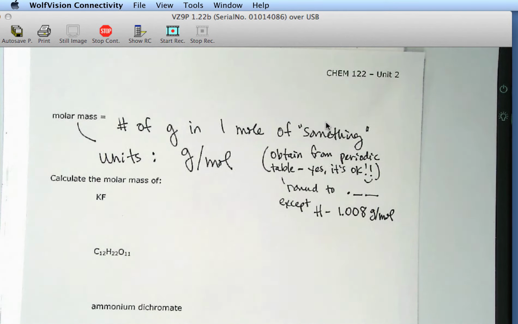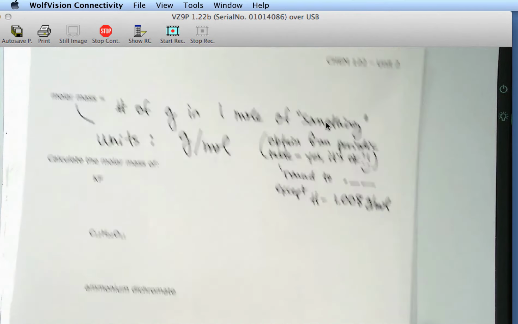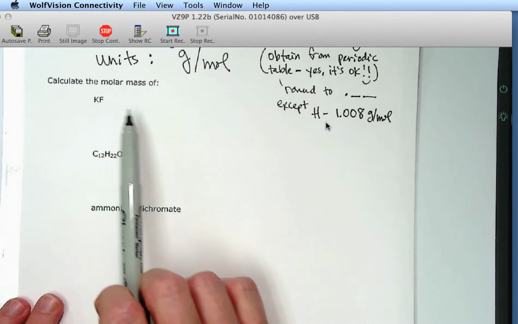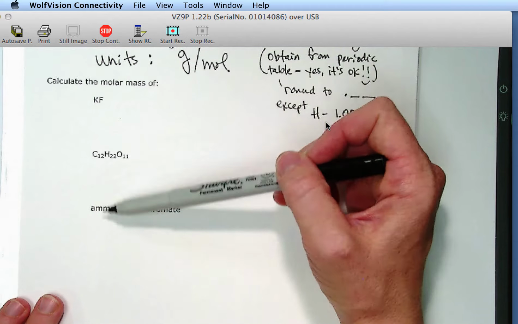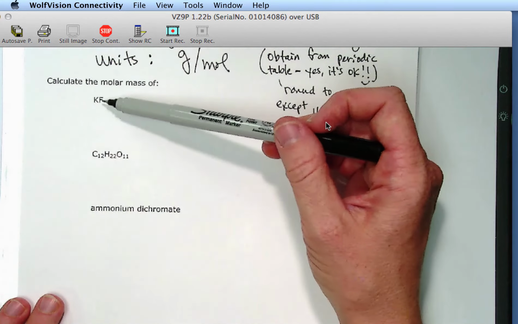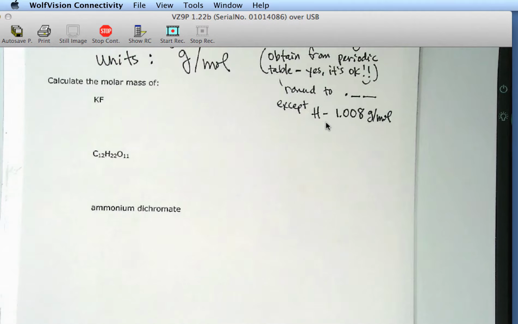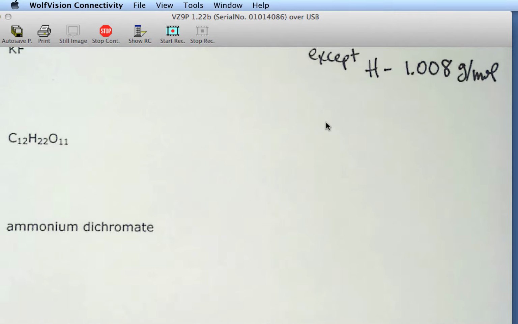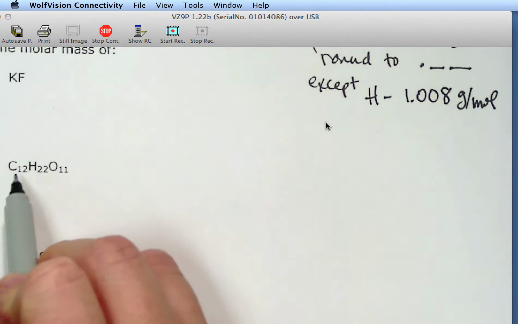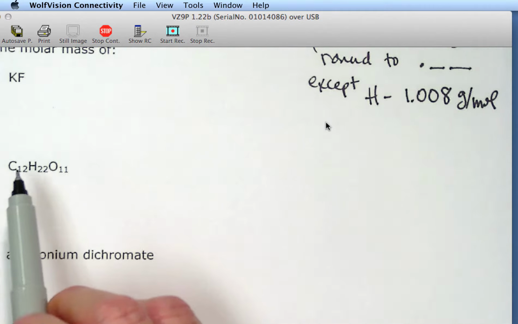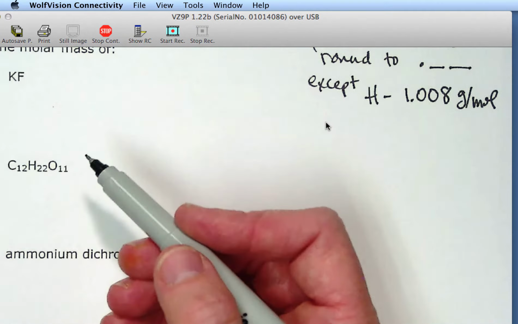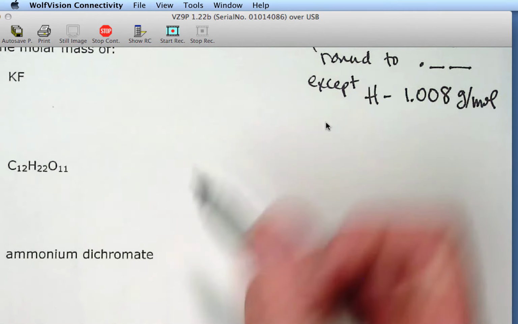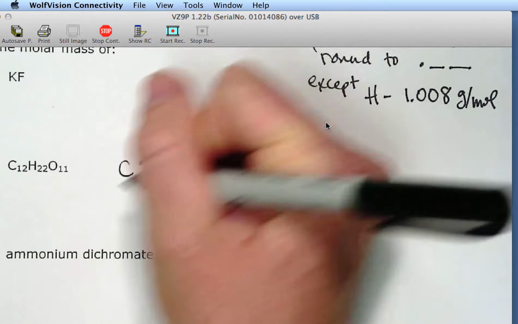I'm going to go a few more pages and then I'll give you a break. So it won't take that long. The molar mass, I want you to calculate the molar mass of these 3 compounds. I will go through the middle one with you so you get an idea of what you need to do. When you have a molecular formula and you're trying to calculate the molar mass, or an ionic formula as well, you're going to be paying close attention to the subscripts. So I always kind of make a tally